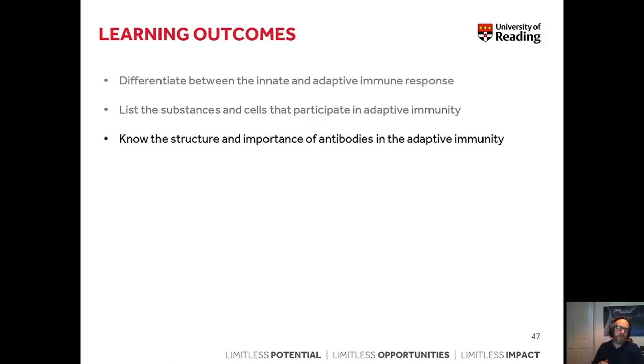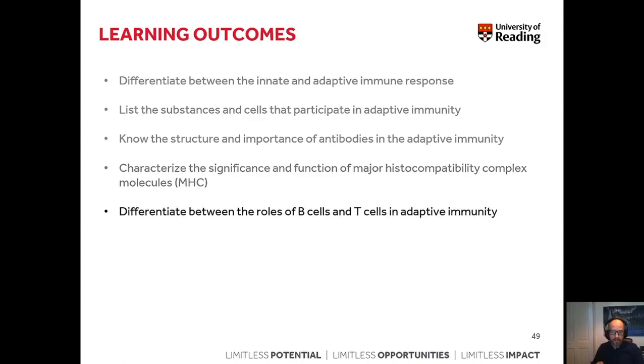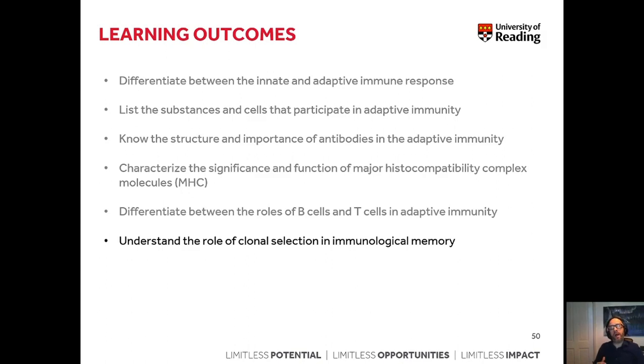You should know the structure and importance of antibodies in the adaptive immunity. You should be able to characterize the significance and function of major histocompatibility complex, short MHC, and differentiate between the roles of B cells and T cells in adaptive immunity. In addition, you need to understand the role of clonal selection in immunological memory, and this is something highly relevant